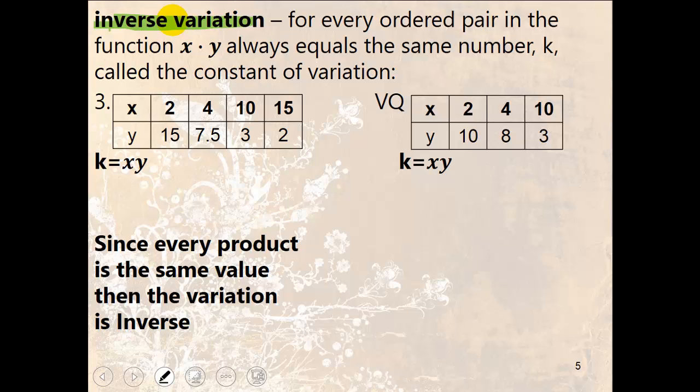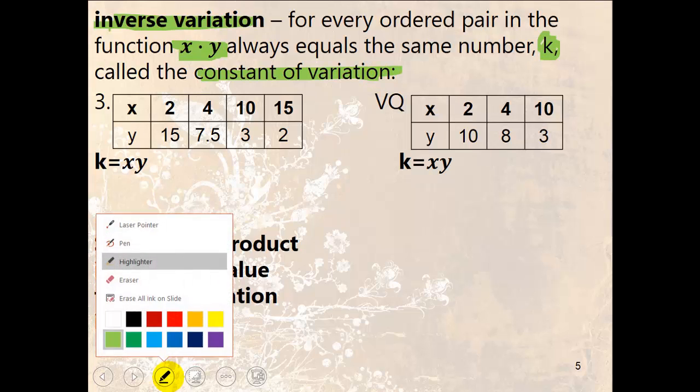Okay, so for every ordered pair in the function, instead of y divided by x being a constant, y times x or x times y is a constant, still called the constant of variation. Now if you are given a table and it didn't meet the direct variation, then you would check the product of the coordinates,